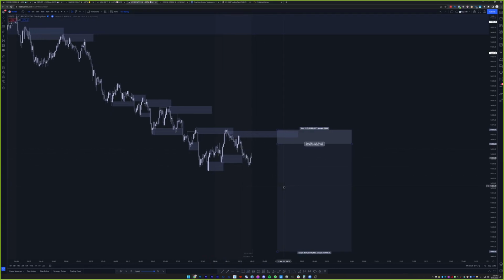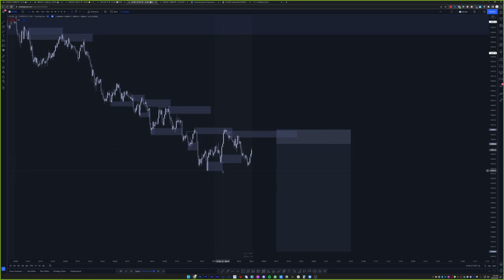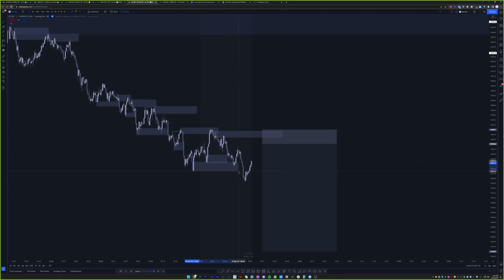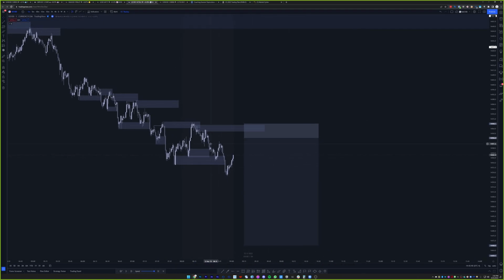So for me, I'm seeing this, we have more levels of demand. What happens? It violates it. And then I think we end up respecting this one. Not sure. Oh no, okay, we don't. That's good, right? We want to see these levels failing. These are the breaks of structure, failures of demand levels that I'm looking for. So good, we have that.